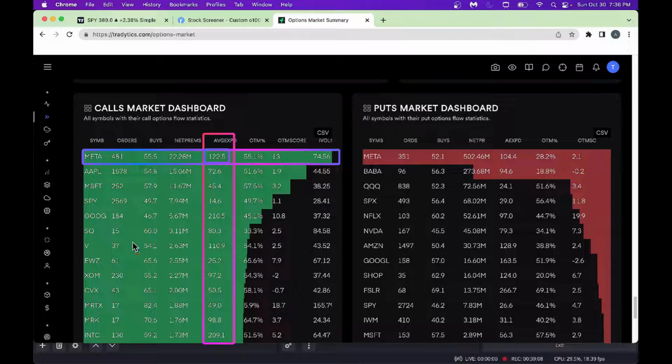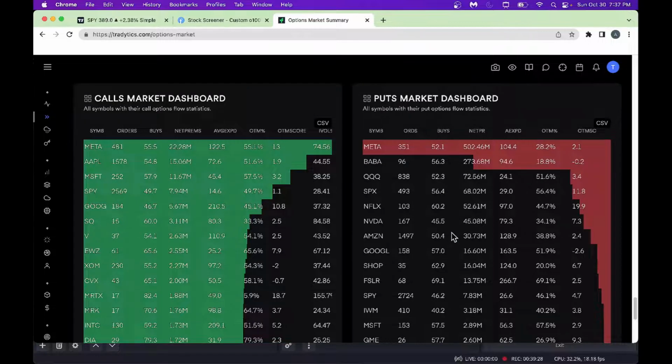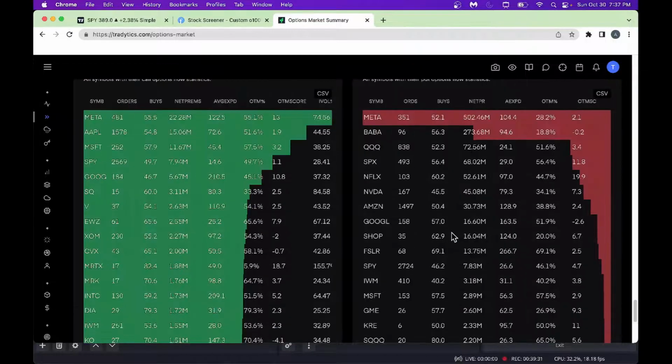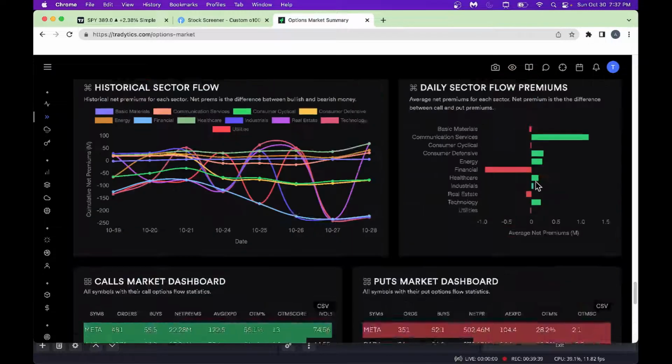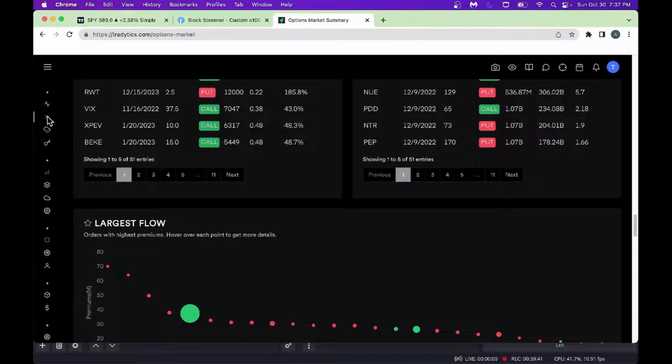You can also look at the other things here. This tells you what the hot tickers are, and from an out of the money perspective, it also tells you OTM. Whenever you see OTM, that means it's out of the money. You get some good idea here. And same thing on the put side also. Basically, you can get an idea about the hot tickers and where you can play. And you could also download this into a CSV file here and analyze more. All right, that's about the options market here. That's general. You can get some good idea about the market itself.